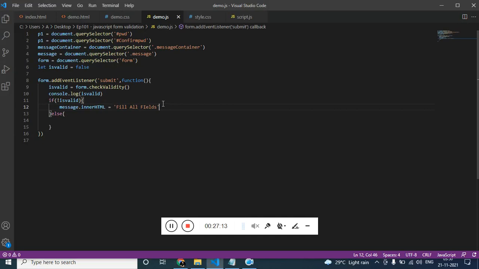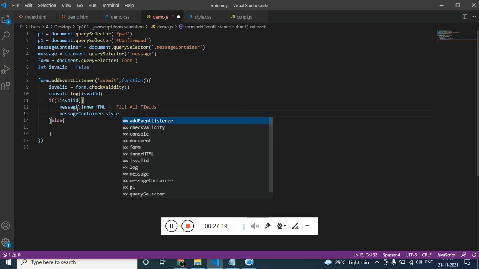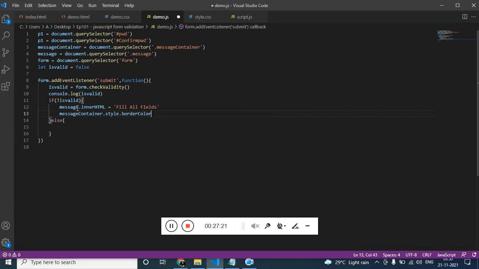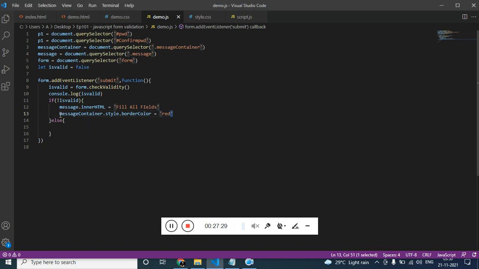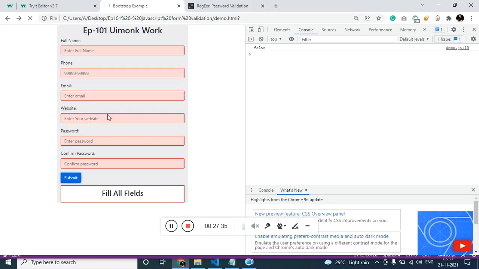Now we can change the color as well. Get the message container, use style dot border color, and we can have red. Fill all fields. The same way we can give the message as well as the color red.